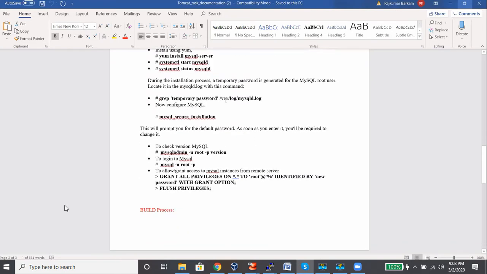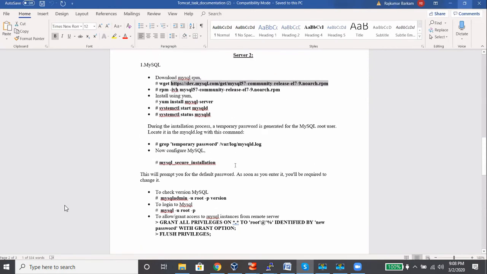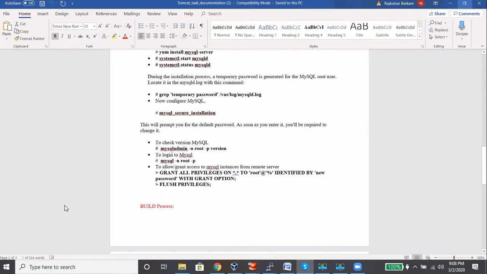Now here what we are trying to do is within this /var/log/mysqld.log. So basically the location for log messages is /var/log, in which, while you are installing, it will generate a log file in which a temporary password will be located. So when you execute this command, you will get a temporary password. By using the temporary password, you have to set up the password for MySQL root login.